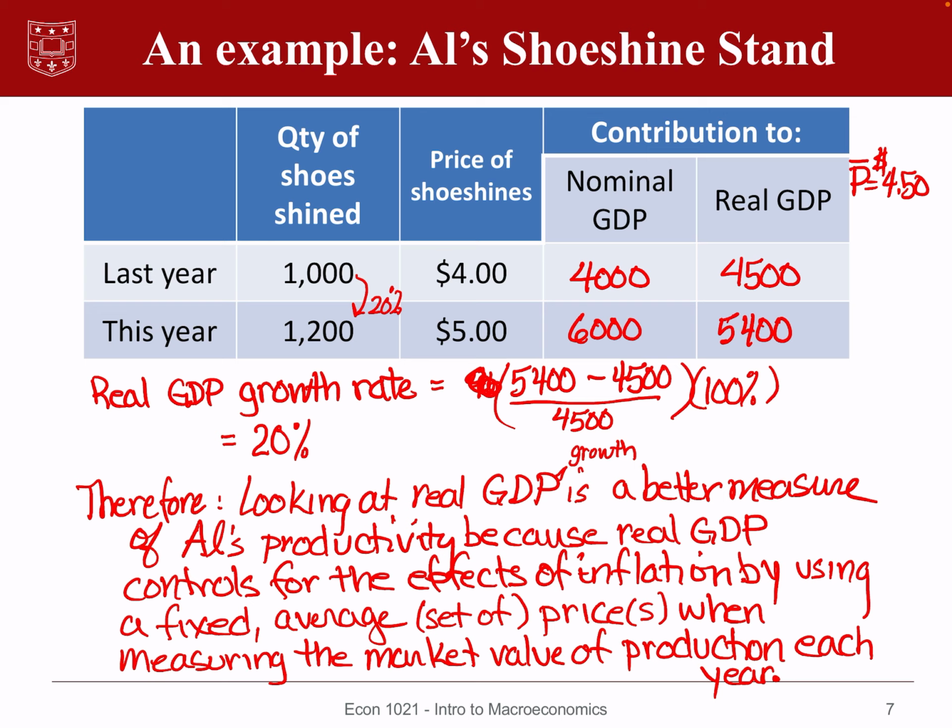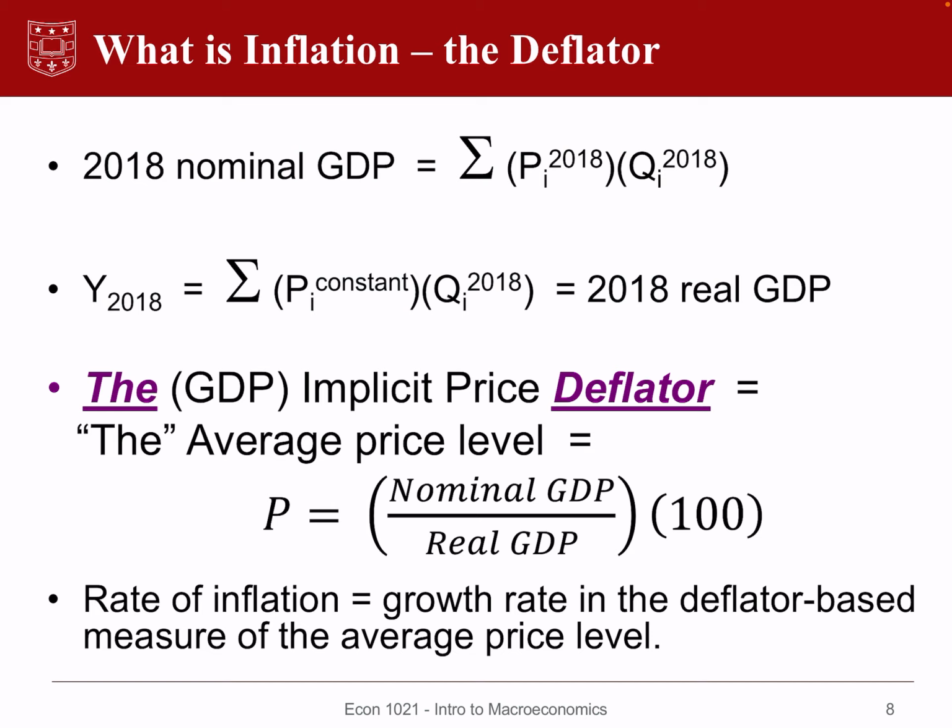So why do we want to use real GDP as our barometer for how the macroeconomy is doing, or growth in real GDP, and at an individual level, real GDP per capita? Because it, by definition, controls for the effects of inflation and gives us a measure of the underlying capacity of the economy to be producing more in the way of real goods and services. So that's the difference between real and nominal gross domestic product, but our bigger objective here is to